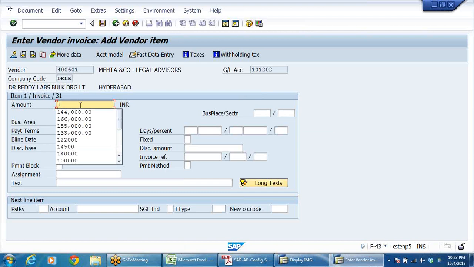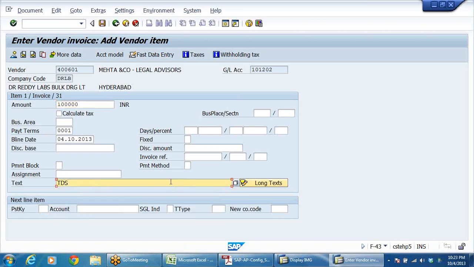Say 1 lakh. TDS. Now what is the amount that we pay to the advocate? The legal charges. I need to deduct TDS on that. Say first line item is this legal advisor's account is going to be credited, then the expenditure account is going to be debited. So once you post